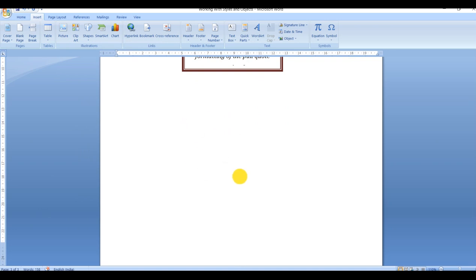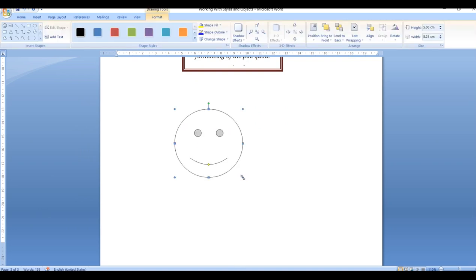So just draw the smiley. Now you can see that whenever you draw any kind of shape, the Format tab automatically appears on our screen.